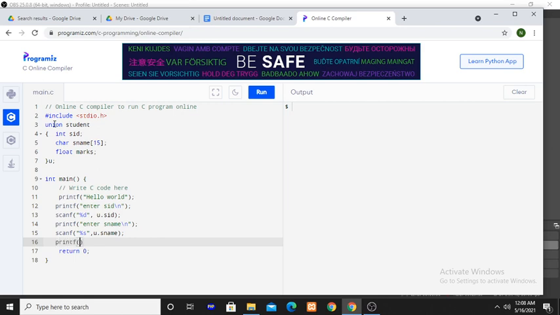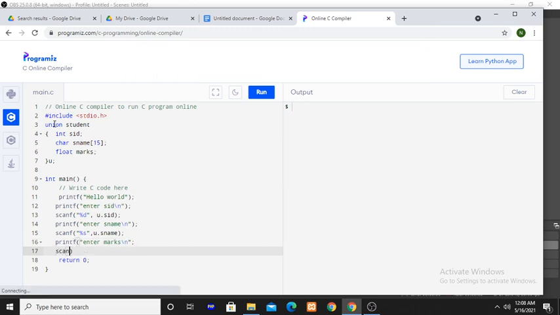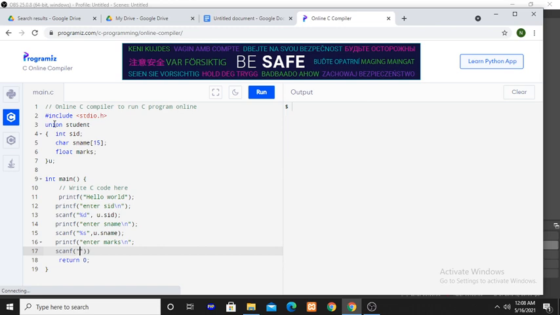Printf enter marks of the student, scanf %f, U dot marks.